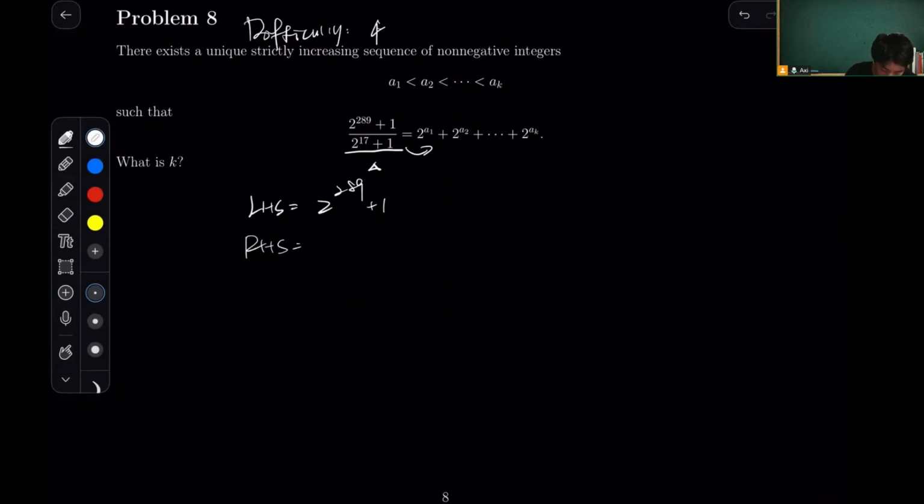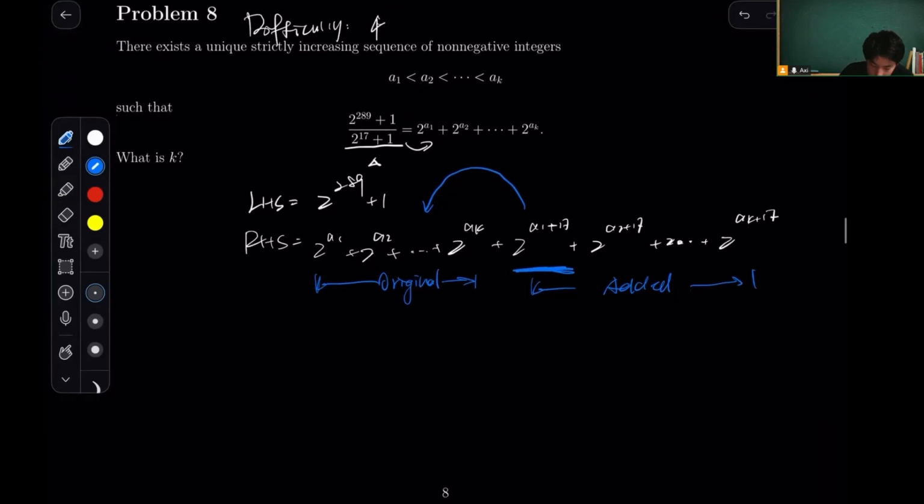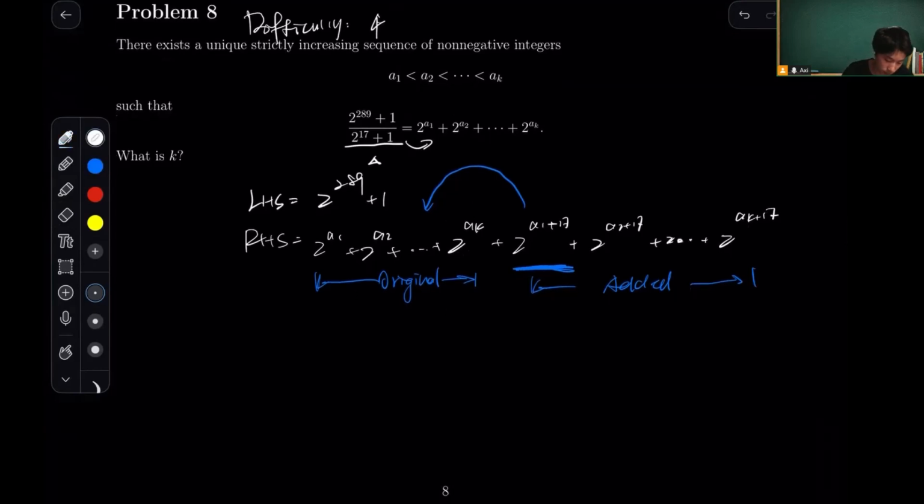The right-hand side then is the original sequence of powers of 2, and then also the sequence that is multiplied by 2 to the 17th power, or we can write it as this. And this is more or less sorted. By more or less, I mean this term can be plugged into somewhere of the first segment, where we call this the original part. And the added part in the back, well, each part is sorted, but this thing can be smaller than one of the 2 to the a-something's power. Okay? So this is important to keep in mind,